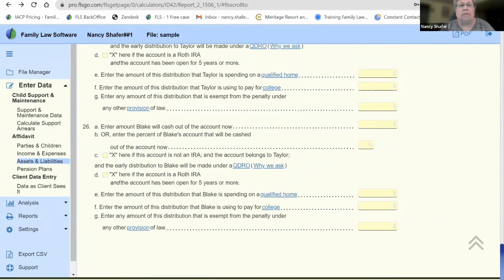Okay, so that's our defined contribution accounts. Now, I think we have one more question. Oh, no, that's the same question. Okay, so then we've got,